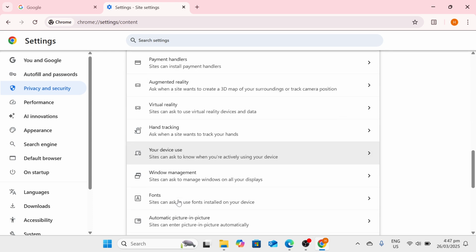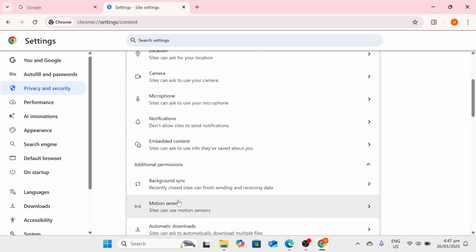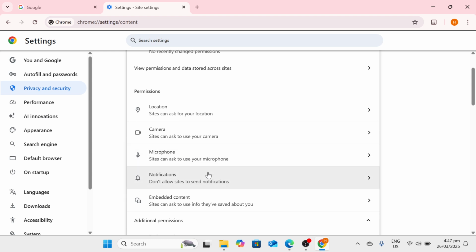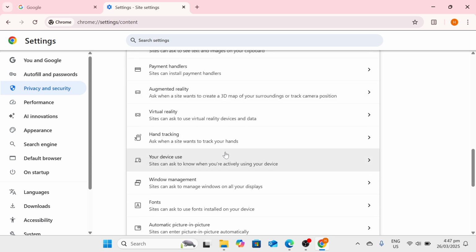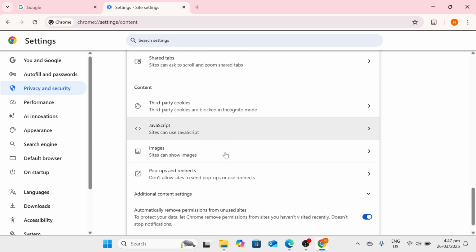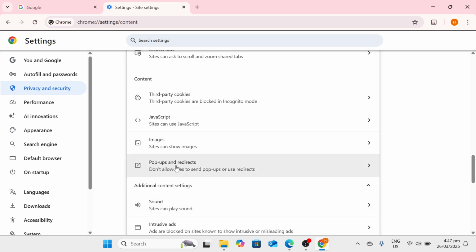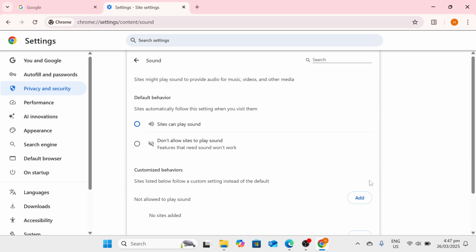Okay, so where is that sound option? Okay, so it's under the content section. So I have clicked additional content settings. So here I have found the sound options, and all I have to do here is click on this arrow